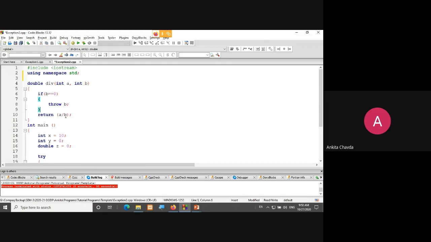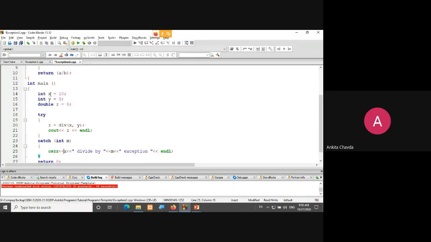Now in integer main, I've given x equals 10, y equals 0, and double z equals 0. Here I can take the values of x, y and z from users also, using cout and cin statements, but right now I have taken static values.